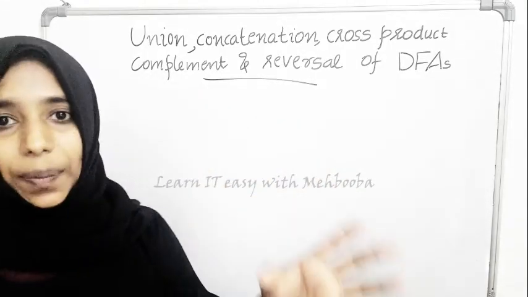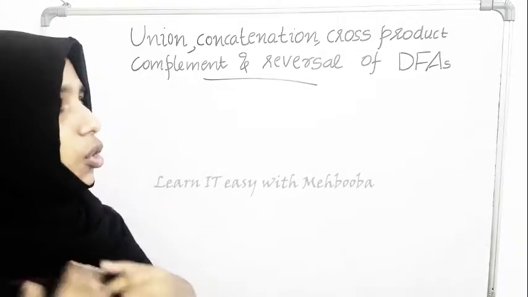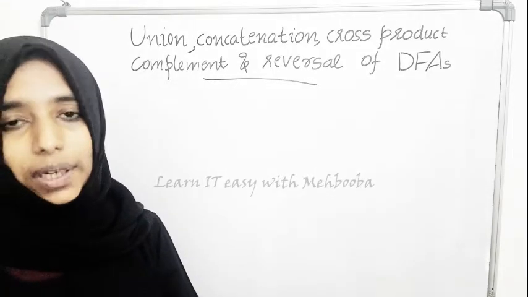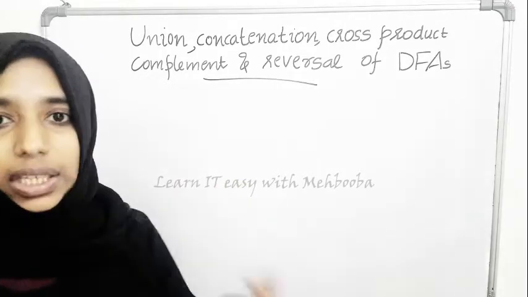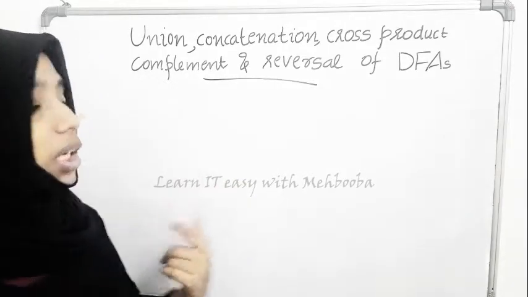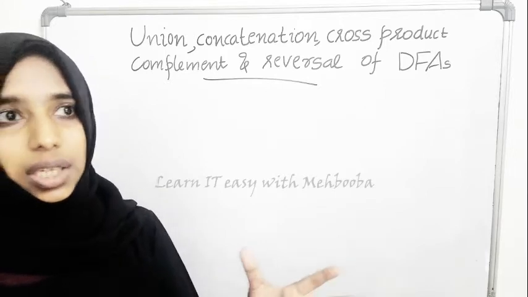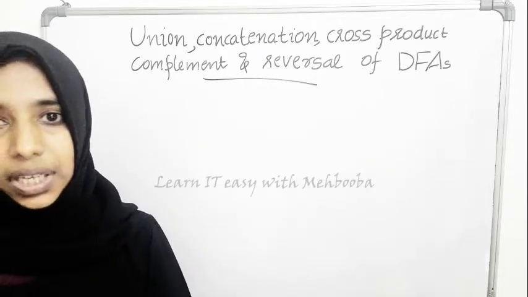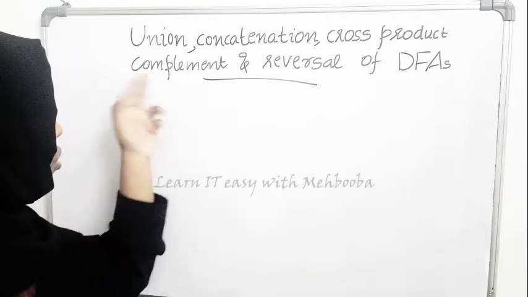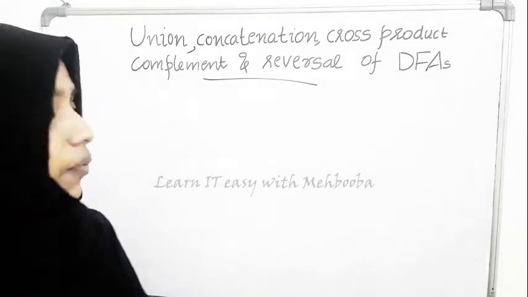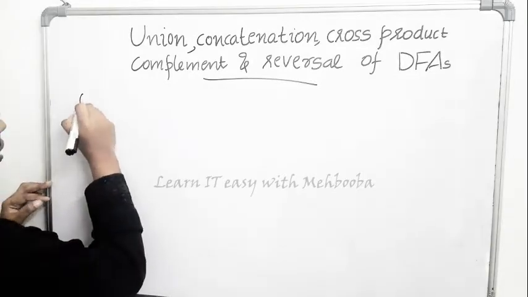Almost all of these operations take as arguments two DFAs and perform operations on them. They are definitely not complement and reversal. They take as argument a single DFA and do this operation. The rest of the operations take as arguments two DFAs and perform the operations. So we will see each one by one and with the help of examples. So we will take union first.